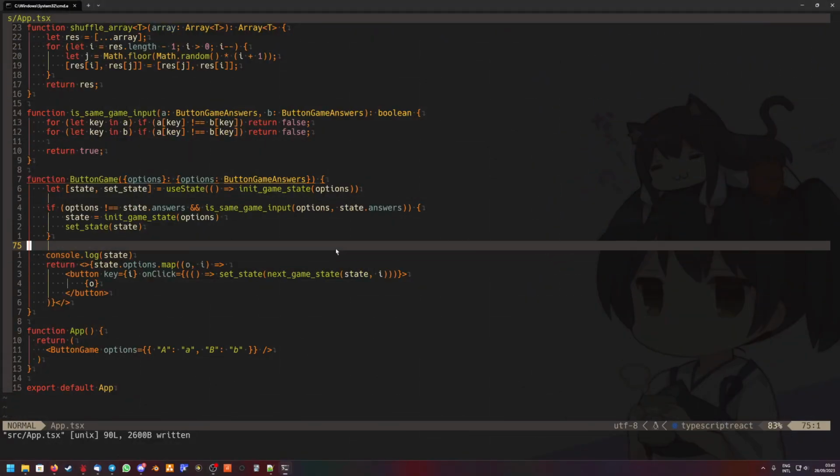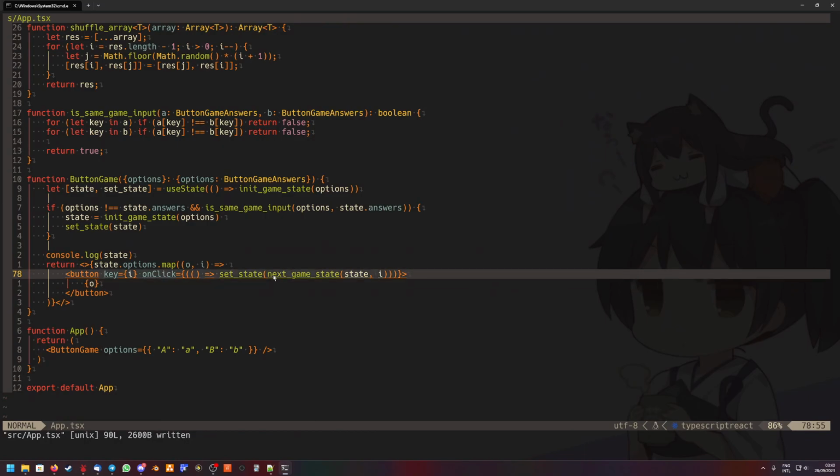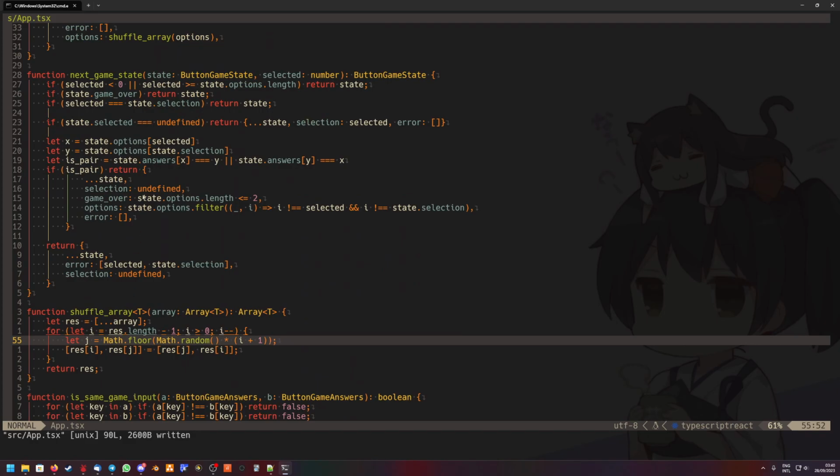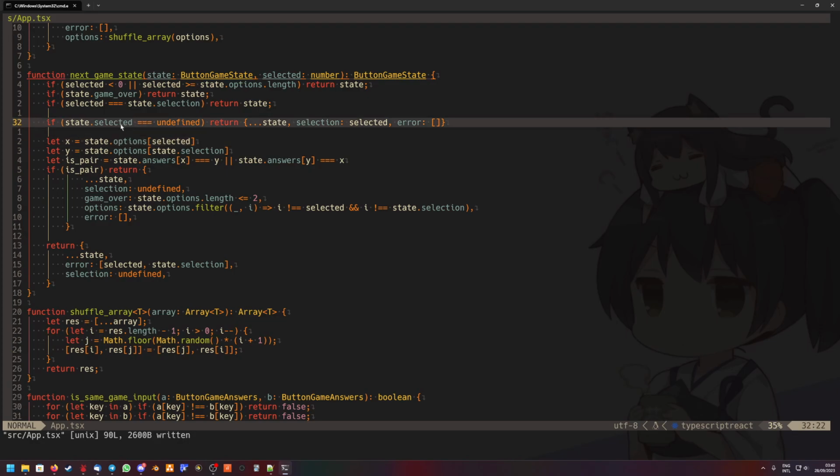What did we mess up? Set state, next state, state of our current state, and the button we clicked on. That is okay. So this puts the suspect on here somewhere. Yeah, no, this isn't the case. This one works. If selector is undefined,